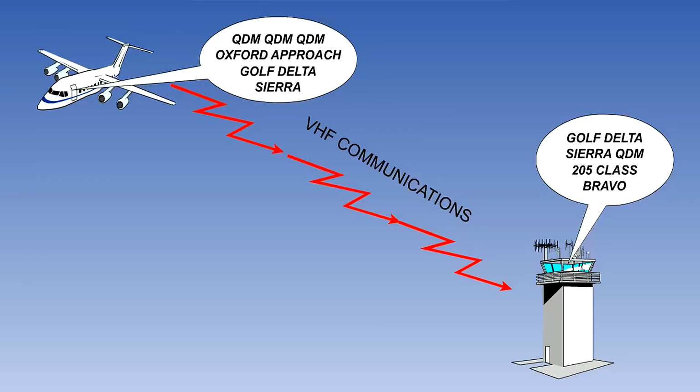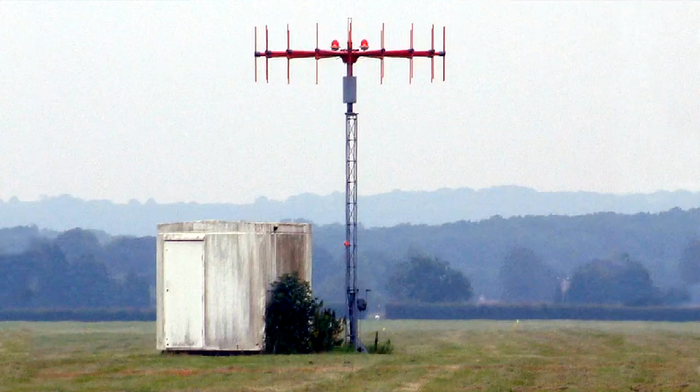The ground station uses this loop antenna theory to locate the aircraft by taking a bearing on his VHF transmissions. UHF transmissions are also used, but only by the military. The equipment used is now far more sophisticated than the old loop antenna, and the antenna used is called an Adcock antenna.